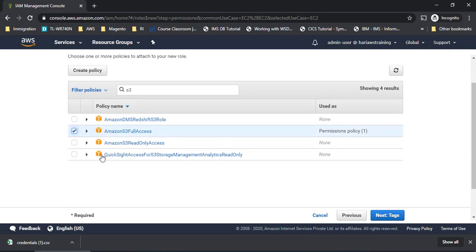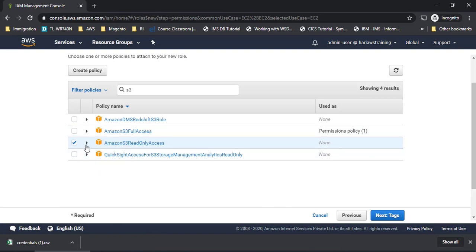Again, I am telling you one more thing here. Whenever you want to give permissions, you have to understand whether it is absolutely required to give the entire permission. The permission should be very minimal to the use, right? It should not be extra. So if I'm willing to only give read-only access to S3, I'll have to go and check read-only and not S3 full access. That way we are reducing the level of breach by giving minimal permissions to the particular user, right? So if I want to give only read-only access, I can give this one.